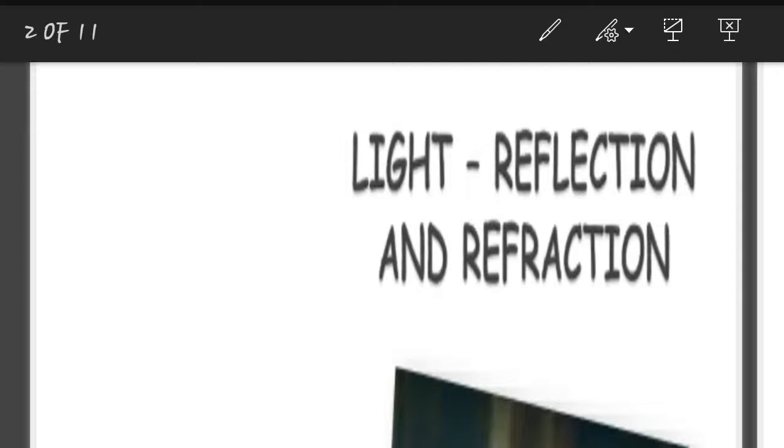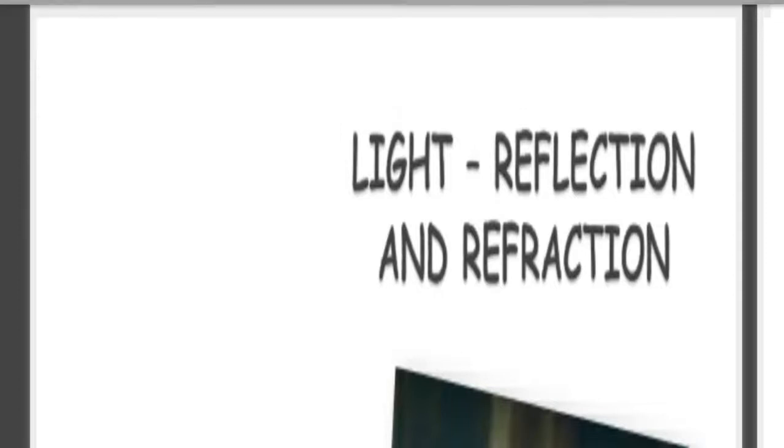So a spherical mirror is obtained by taking a part of a hollow sphere of glass or any polished metal. The reflecting surface of a spherical mirror may be curved inward or outward. Based upon it, we call it a concave or convex mirror. The best example you can see is the spoon, which has an inward curve. When it is inward, we call it a concave mirror, and outward we call it a convex mirror.